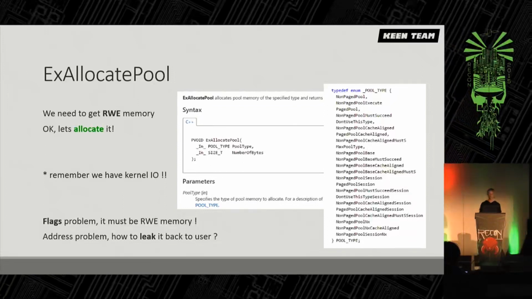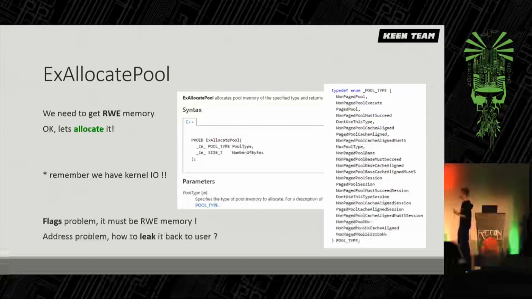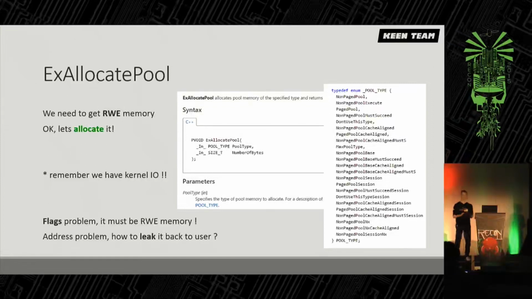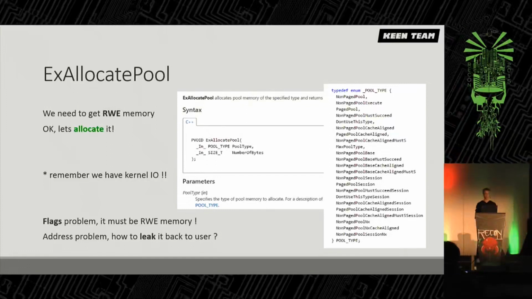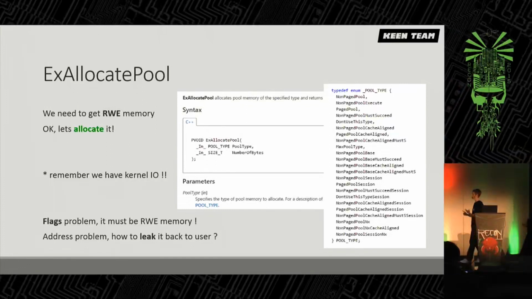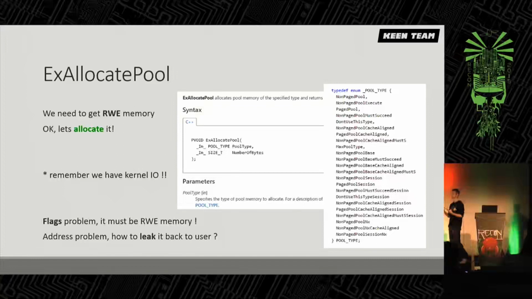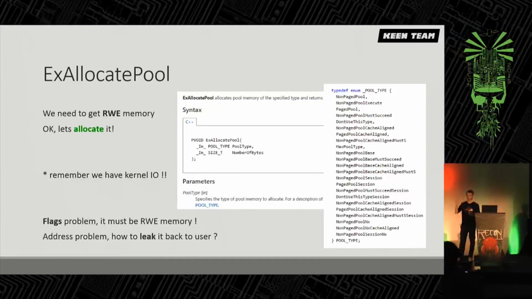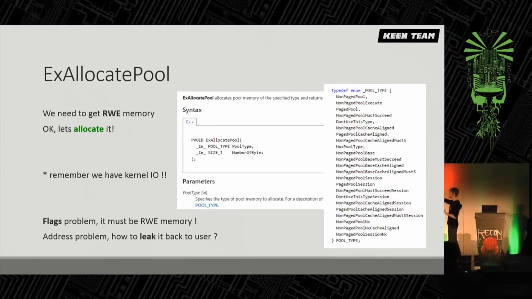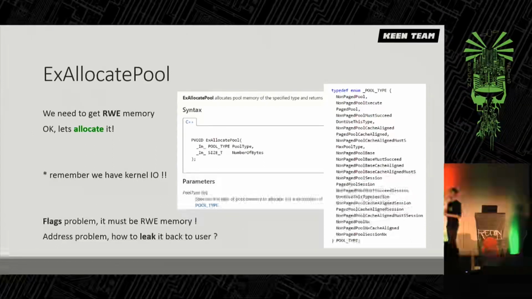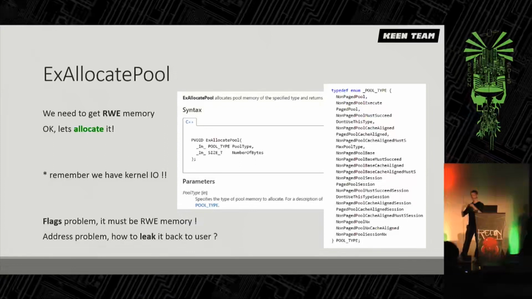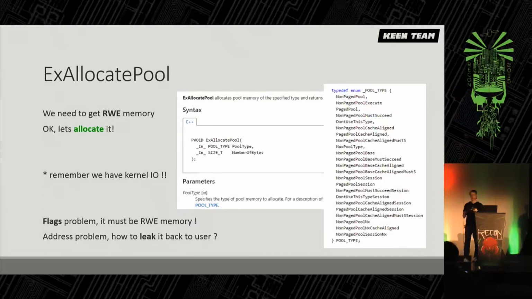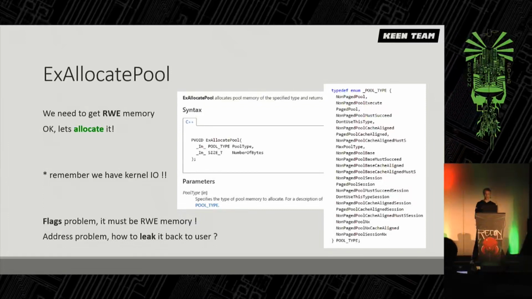You need to call ExAllocatePool and provide some valid arguments. First, you need to provide good flags, and these flags should be read, write, and executable. And second, you need to leak the address which will be allocated. Because you can call some syscall, it will redirect to ExAllocatePool and allocate memory, but you don't know where the memory is because you don't leak the pointer back. That can be your problem. And you should also ensure that it will be a really executable